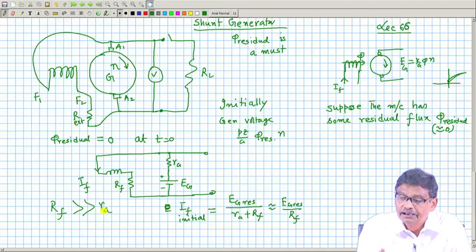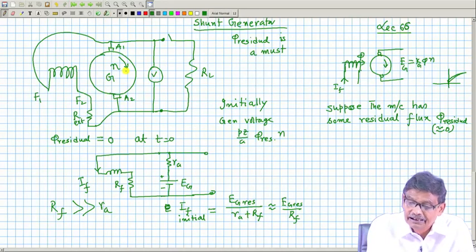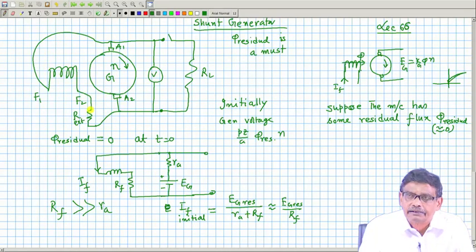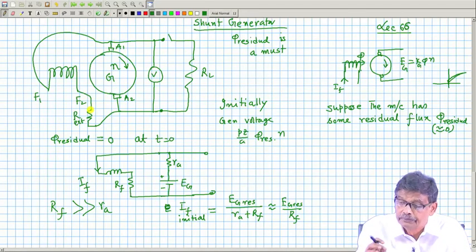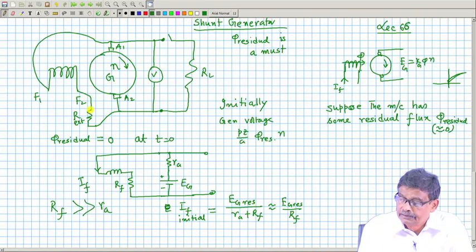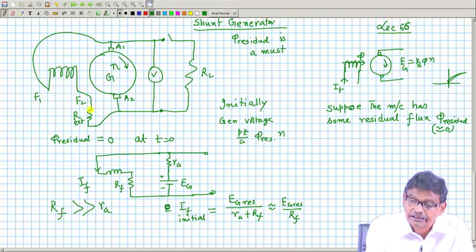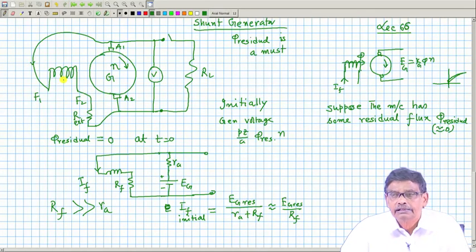See, earlier when it was not running, there was residual field because of no current, because of its previous history, it acquired some residual field. Now, the moment you run it, run the generator, we say, oh, there was residual field, that is fine, but now a little field current will also flow. Therefore, it will produce additional field on top of the residual field which was there already.